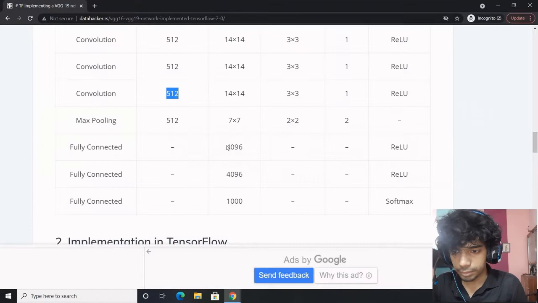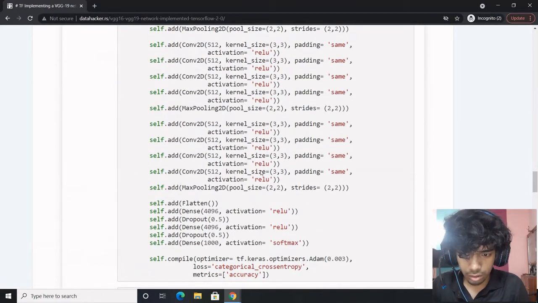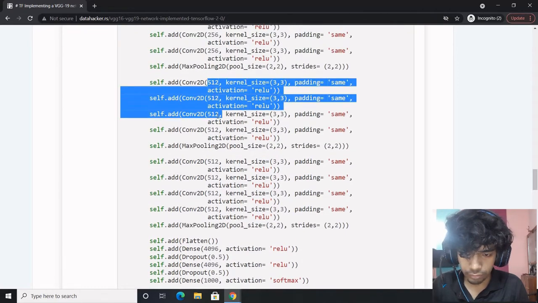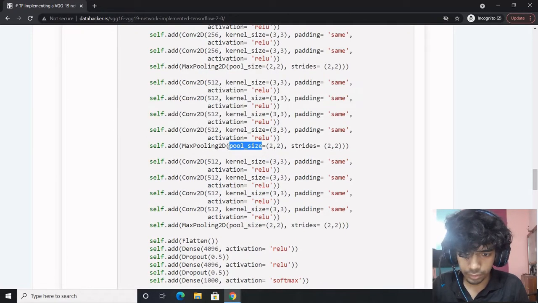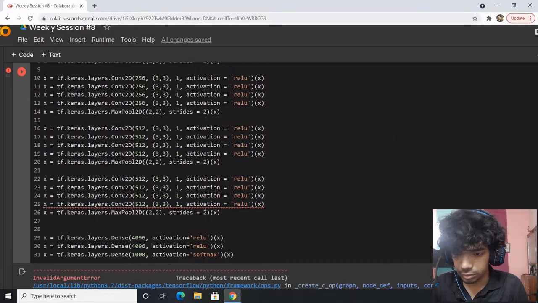Let's see another, better implementation. How did they do it? They are also doing the same. 512 4 times, 1 2 3 4, max pooling 2D, pool size 2,2, and stride also 2,2. Does it make any difference?